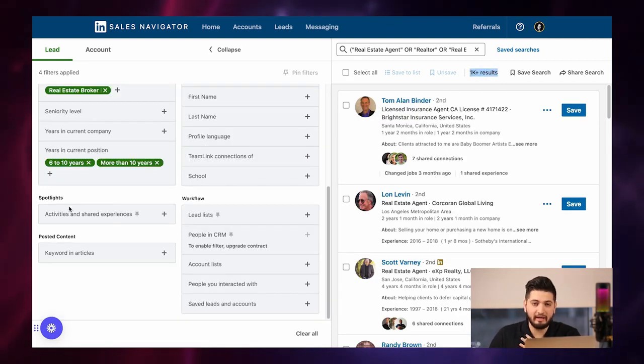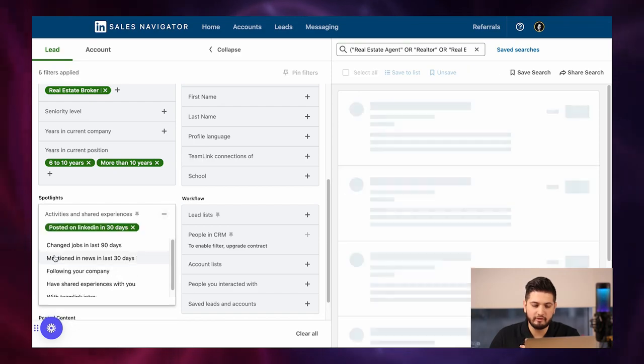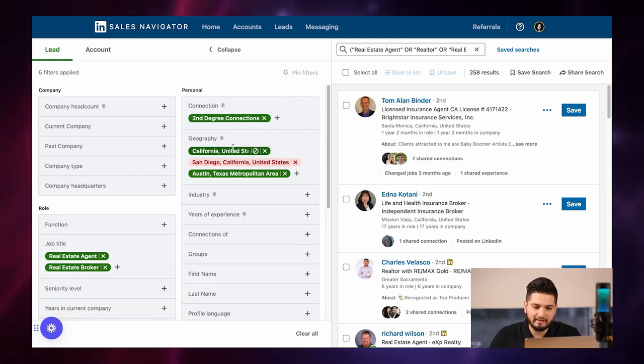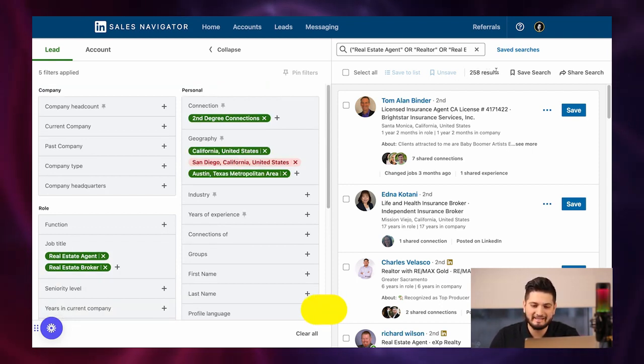And then what I like doing, again, I like using the spotlights and going after people who've posted on LinkedIn in the past 30 days. This is going to yield a higher acceptance rate, higher engagement, and overall a lot more engaged prospects. So now, as you can see, we turned a lead list of 1 million leads down to about 260 leads,